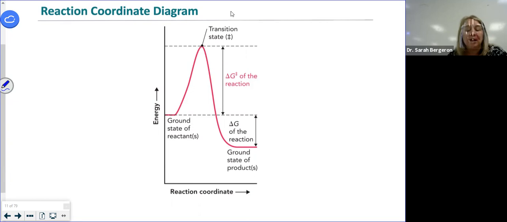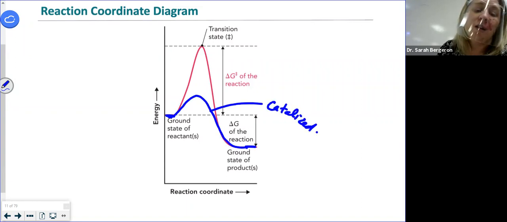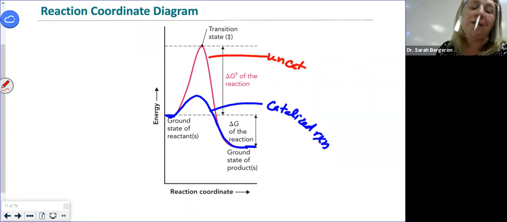So what do enzymes do? Am I going to change delta G of the reaction? No, so I have to start and I have to end at the same place, right? Because it's a state function, it doesn't change. So what do I need to do? I need to lower my activation energy or change my transition state. So if I did this, this would be a catalyzed reaction. The red is my uncatalyzed reaction,